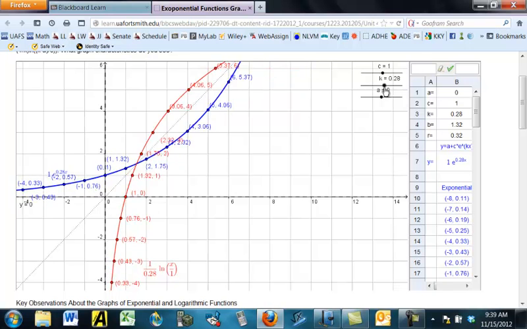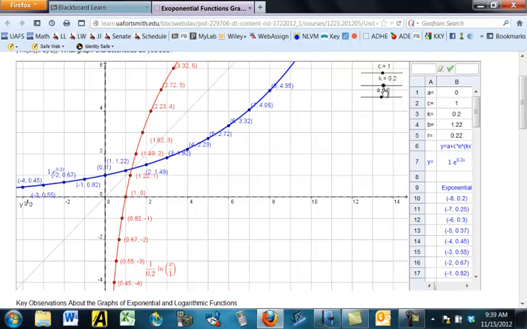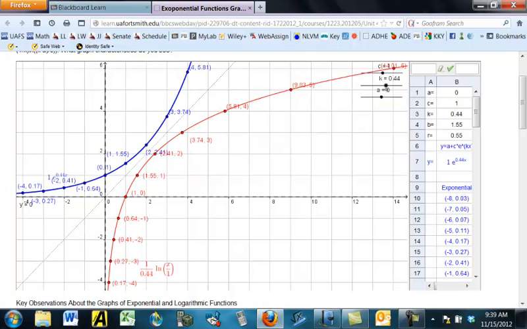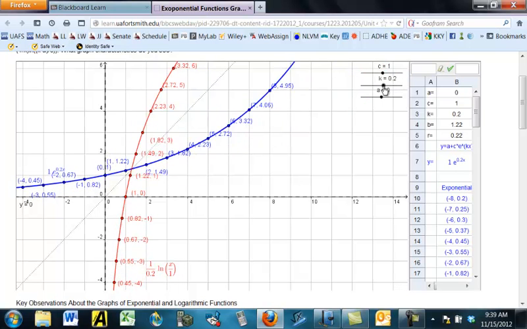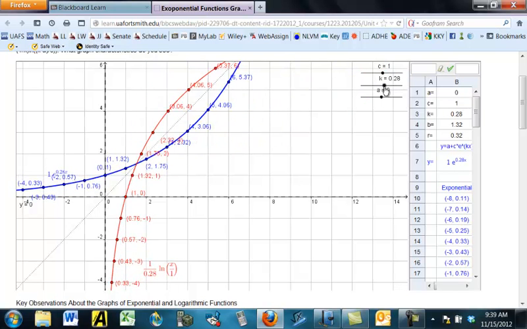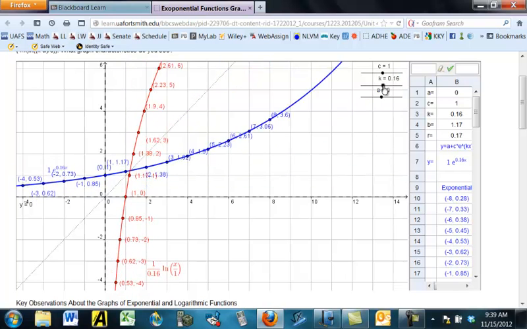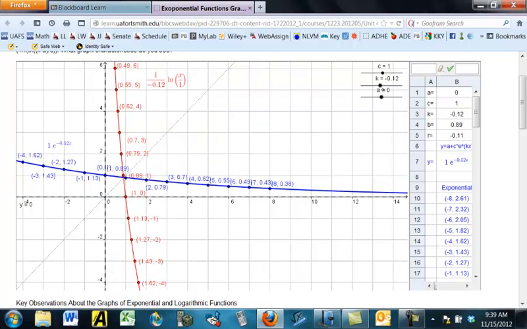Okay? At some point, there's a place here where they actually are going to cross over each other. Right now they're both on completely independent sides of y equals x, but at some point there are some values where y equals x on one or both, actually on both, right there. So they cross a couple of times, and we go on down here. Now, if you ever get to k equals 0,